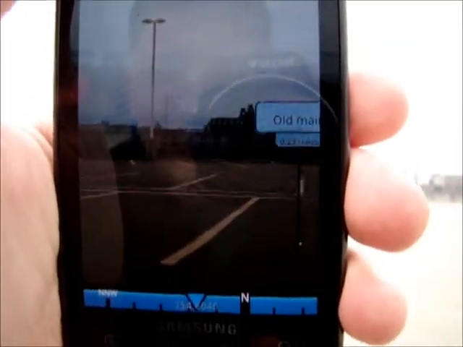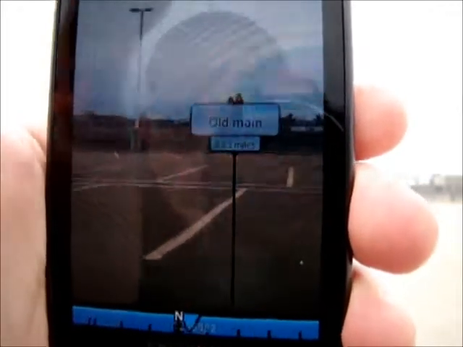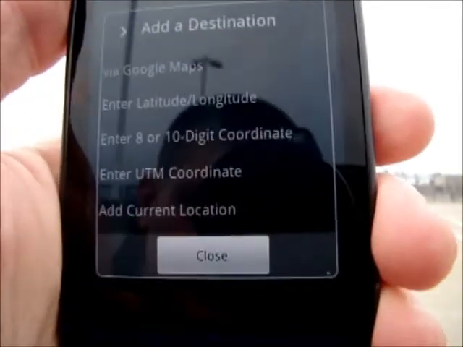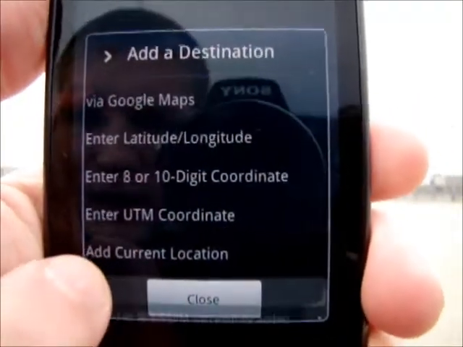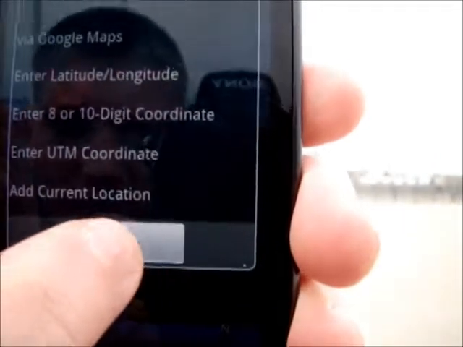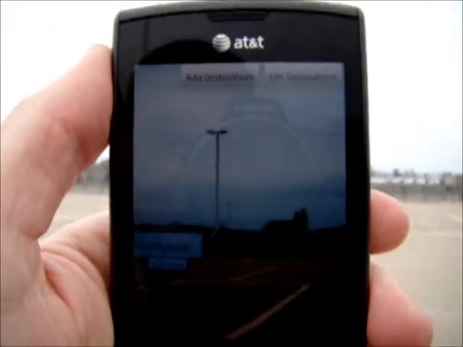So aside from being able to add in these different points in different ways, we'll go ahead and show you. You can add a current location, and it labels it just location at and then the time that you added it. And so you won't be able to see it because it's right on top of us, but if we were to move backwards, which we'll go ahead and do,